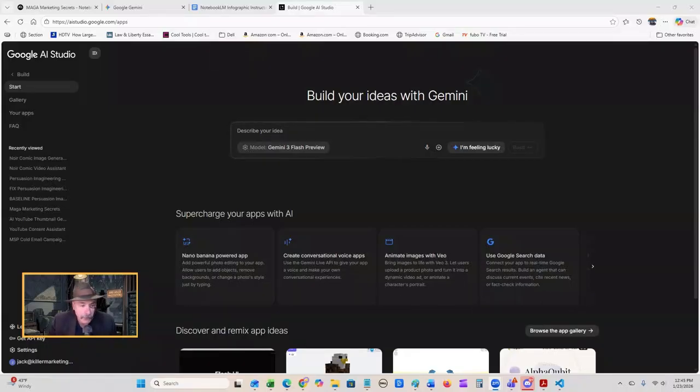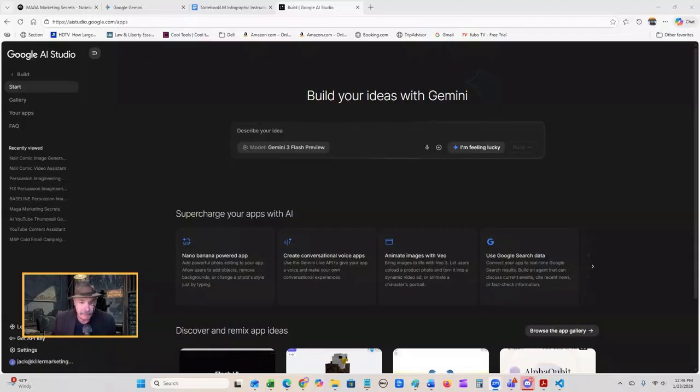Well, I'm going to try a little experiment with vibe coding. In case you don't know what vibe coding is, it's basically using AI to build tools and applications for you. And one of the greatest tools I found so far is Google AI Studio. You can basically enter in just about anything you want, and it will create an app for you. What I'm going to show you now is my process for creating an app specifically for my own use, and